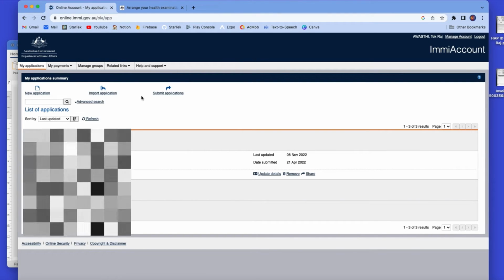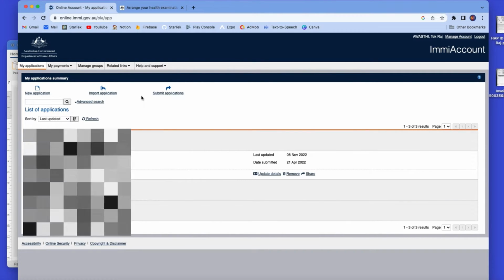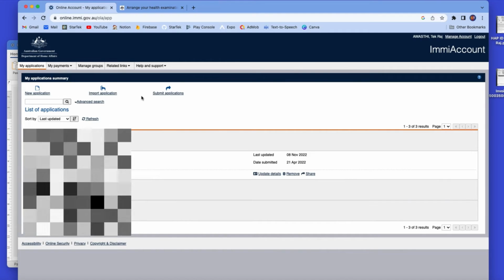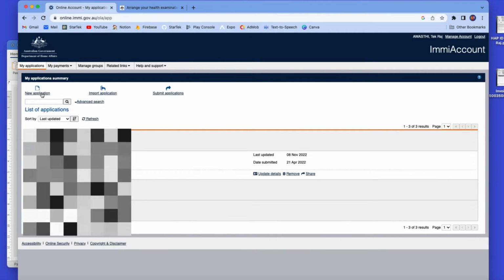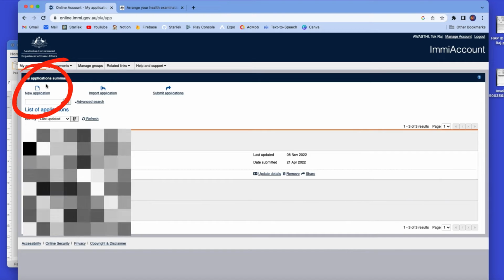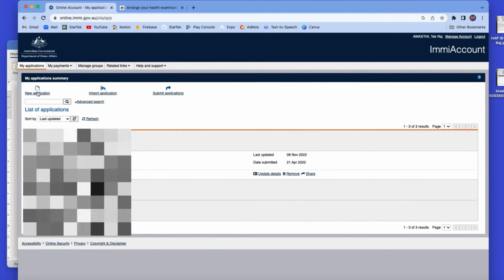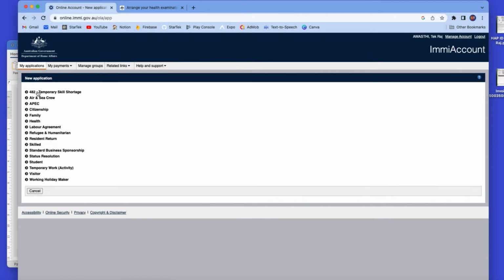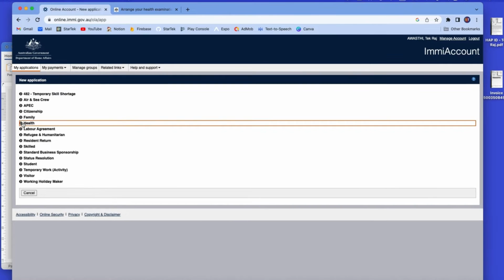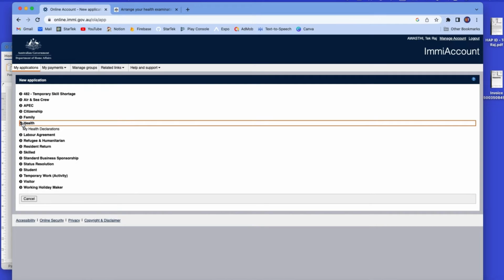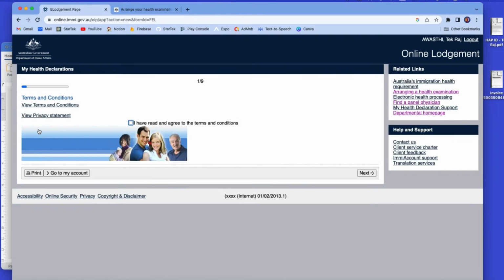So if you want to complete the health declaration before applying for the visa, then after you log into your IME account, you can see the new application section on the top left corner. Click on new application, and inside new application you can see health. Click on health and you can see my health declarations. So from this health declaration, you will be able to complete your medical test even before you apply for your